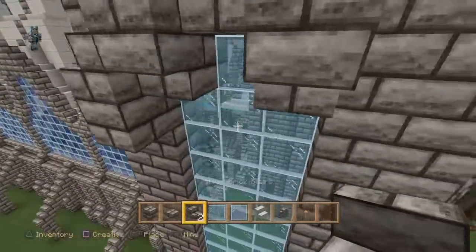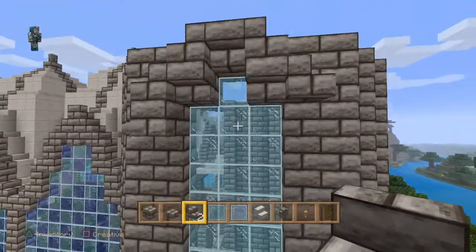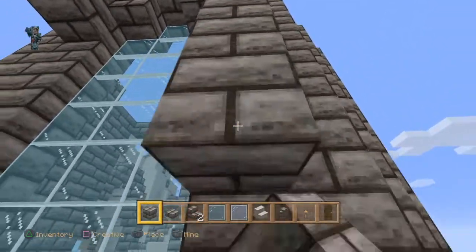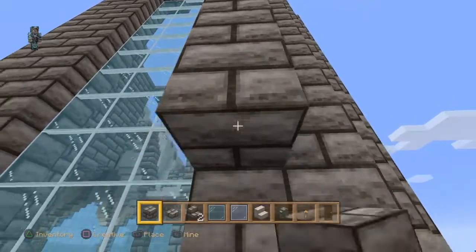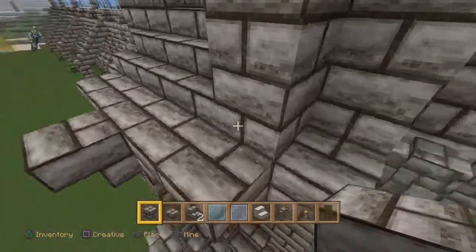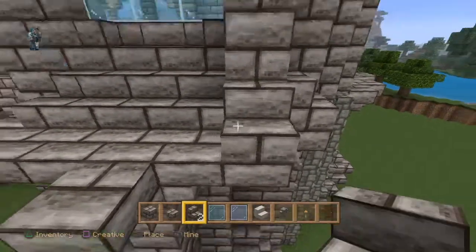Place another upside down stair block there like that. Place another one there. And then what we can do is run all the way down to the bottom. And then place 2 stair blocks there and there,